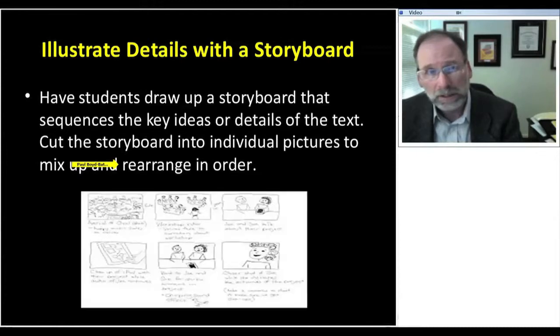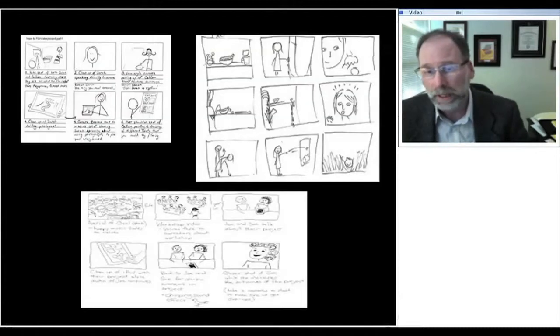Here's some examples of the different kinds of storyboarding activities. Now you'll notice with this one on the right, it has no written text underneath it. This would be a storyboard for a beginning language user. This one would be more for an intermediate language user with some writing underneath it. And this one up here would be more for a more advanced language user that would require some more specific